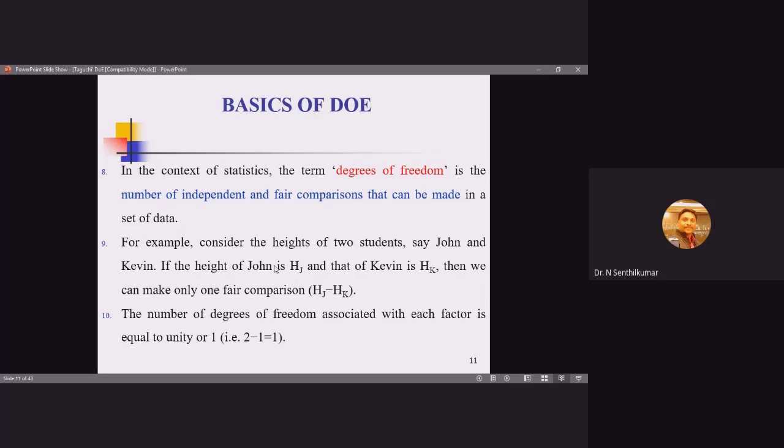I will put it in other words. Cutting speed, I am going to consider 3 level values. Level 1, level 2, level 3. Okay. So how many fair comparisons can be made between A and B, B and C? So those are the comparisons that can be made. A and C cannot be made. Okay. So the number of degrees of freedom is 2. So total level values minus 1, which is equal to 2. Okay. So the degrees of freedom for a main effect is equal to number of levels minus 1. So cutting speed 3 levels means 3 minus 1, which is equal to 2 degrees of freedom. That is the fair comparison that can be made. Okay.